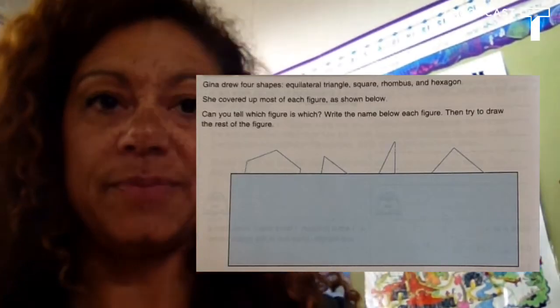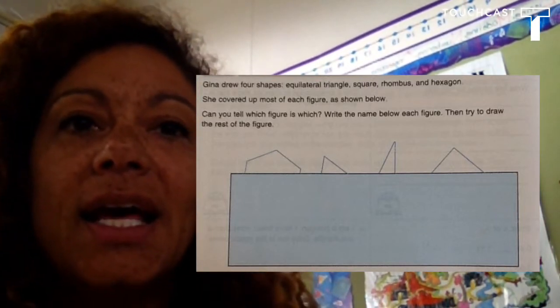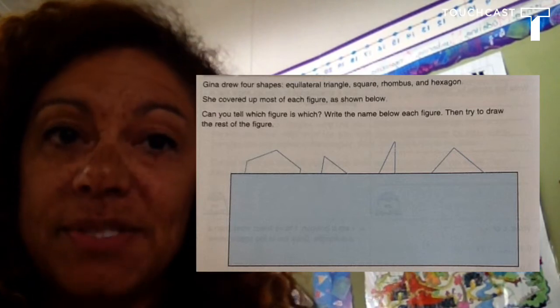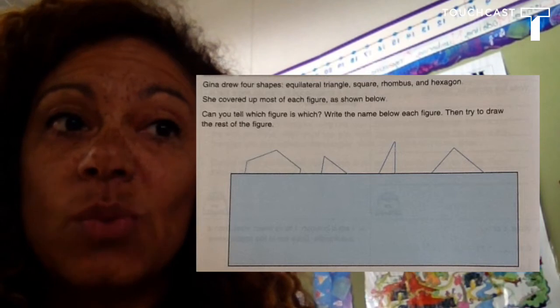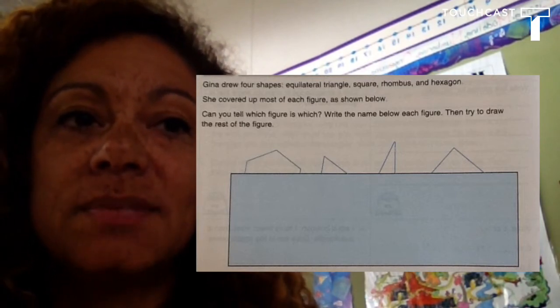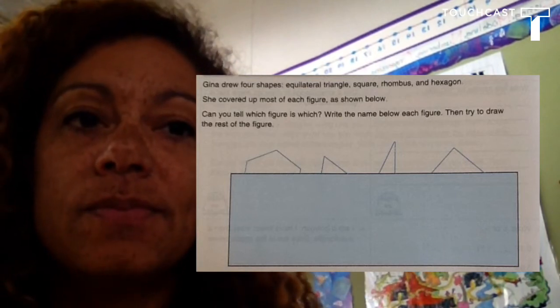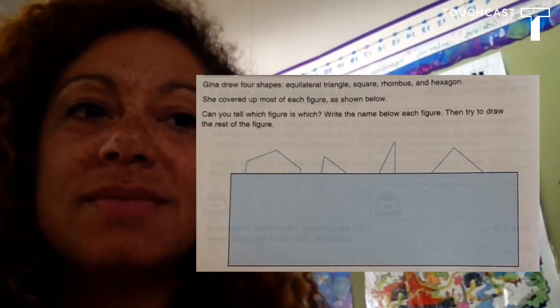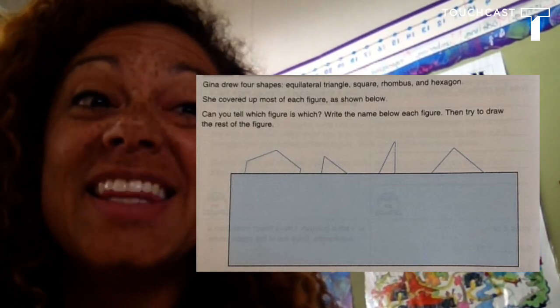The last thing I'm going to do is to show you a picture from your math journal. Oops, got to get out of the way of this one. All right, now, Gina drew 4 shapes: equilateral triangle, square, rhombus, and hexagon. She covered up most of each figure as shown in the picture below. Can you tell which figure is which? Write the name below in your comments, left to right,